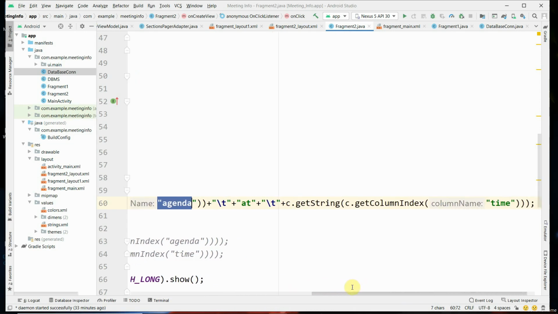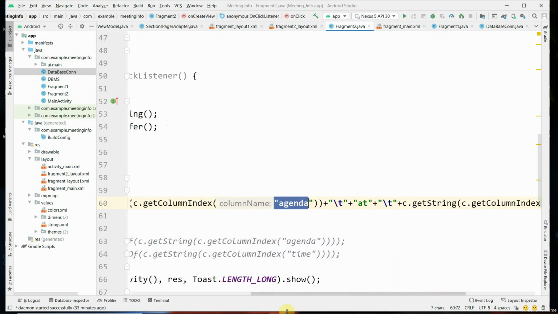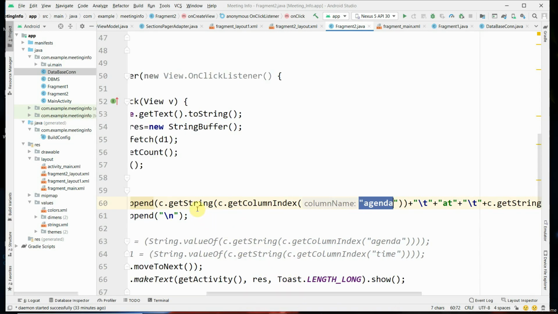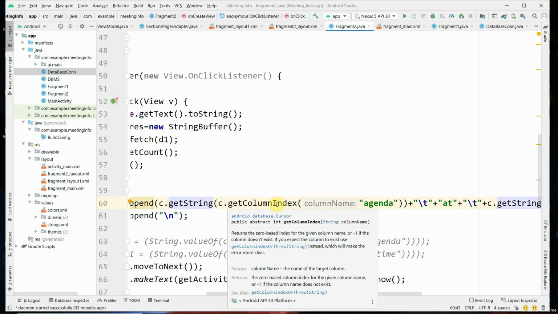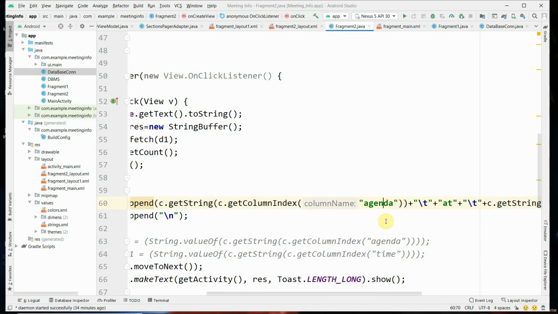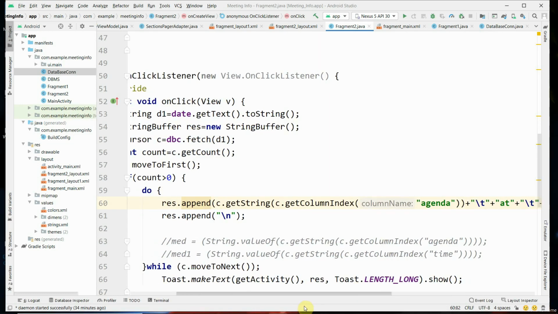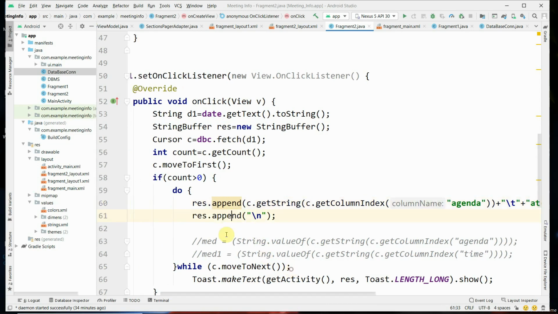First the agenda is retrieved by using c.getString with c.getColumnIndex agenda, which is the attribute name that you already stored as agenda, and then the text "at" is displayed as it is, and then the time is displayed. Then res.append with \n goes to the next record, so the next record is appended on the next line.